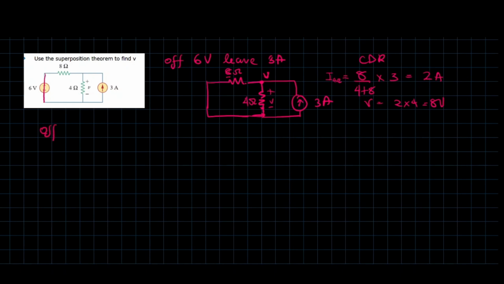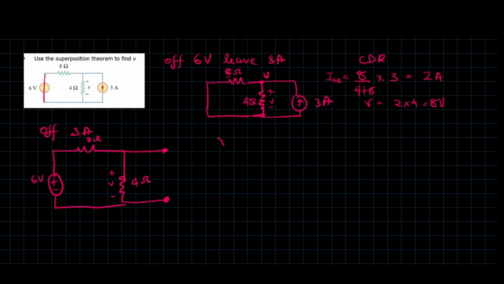Now you can turn off the 3 amp source. To turn off a current source, you open circuit it. So in this case, the voltage source will come back here, and it's going to be the resistors, and then you're just going to have an open circuit, so basically there's nothing there. It's going to be 4 ohms, and we're trying to find the voltage here at this point. Now to find the voltage here,